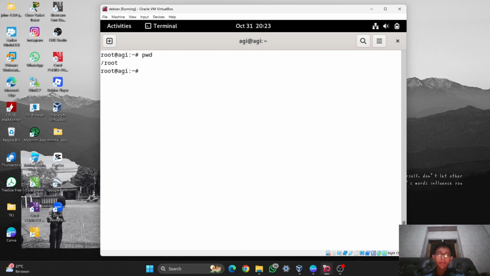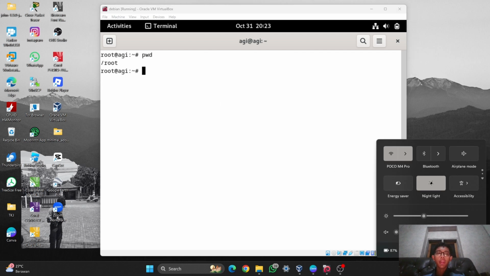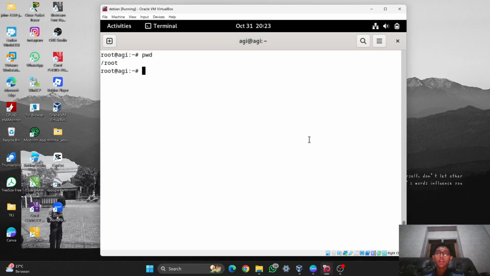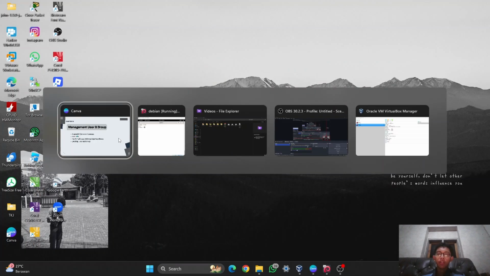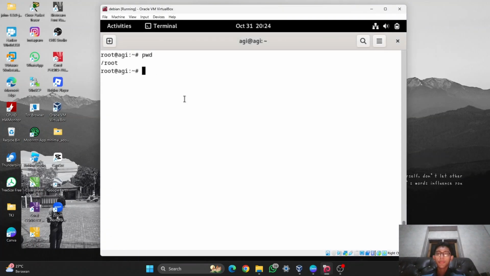And then the next one, it is making the user using /usr/sbin/useradd.